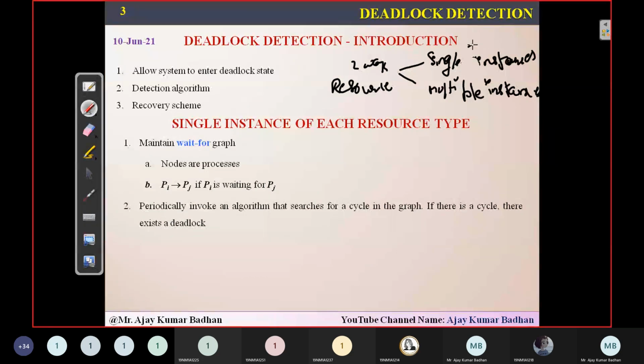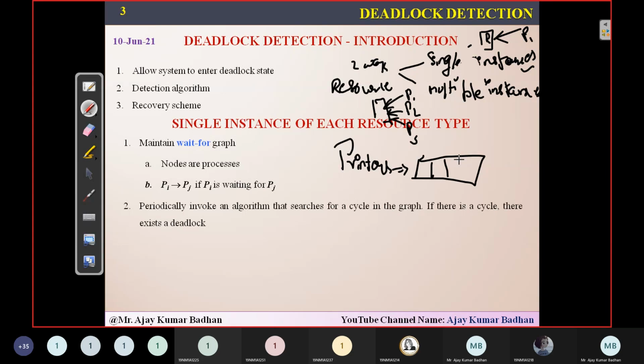What do you mean by single instance? It means at a time, only one process can try to access this particular resource. Then we call it a single instance. If it is multiple instances, it means simultaneously more than one process can try to access this particular resource and perform their task. That is what we call multiple instances. For example, in the previous session, we discussed printers, isn't it? And for the printer, I said that one printer may be able to handle 5 requests simultaneously. So this is what we call multiple instances.